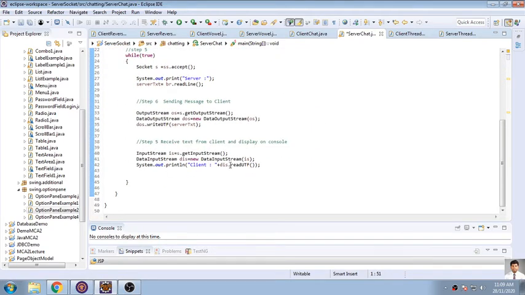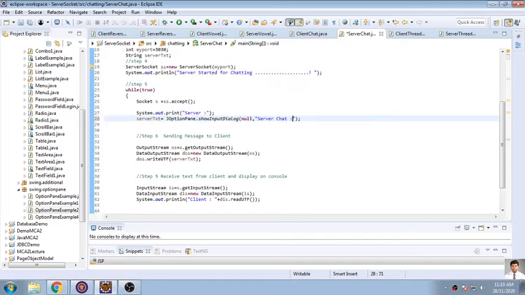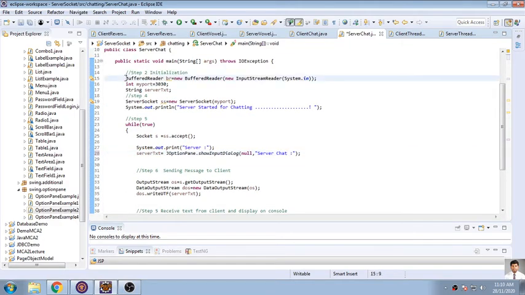So read line, server chat. I will be giving a comment to the BufferedReader because I don't want to use that one.